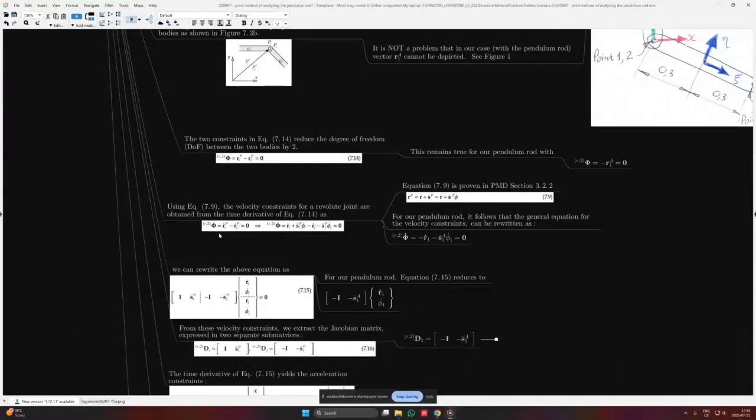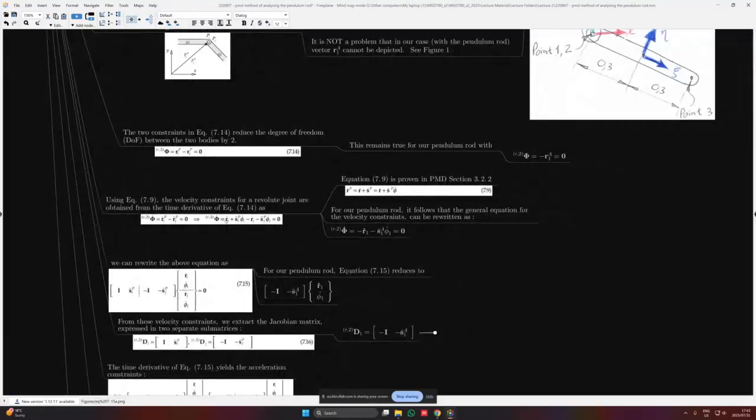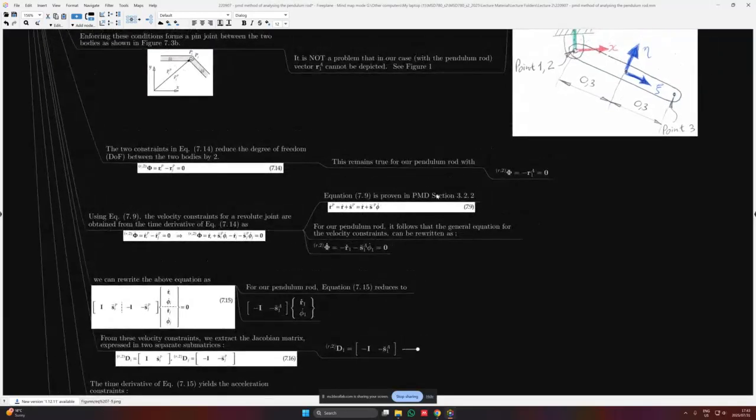We then end up with this equation over here, which simply says that phi dot r2 is equal to r dot ip minus r dot jp. I can then expand this using my rotated vectors in this case, and I essentially end up with this second equation over here. Equation 7.9 is proven in PMD section 3.2.2. Once again, we're not interested in the proof. We just want to understand how we go from our base constraint equation to our velocity constraint, which is simply